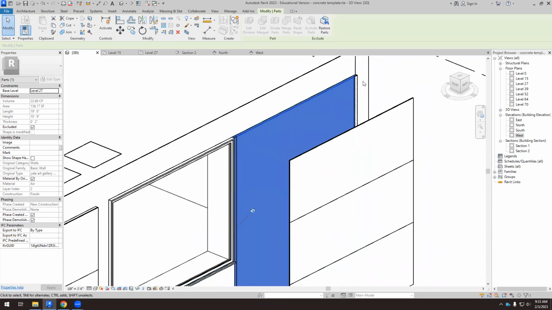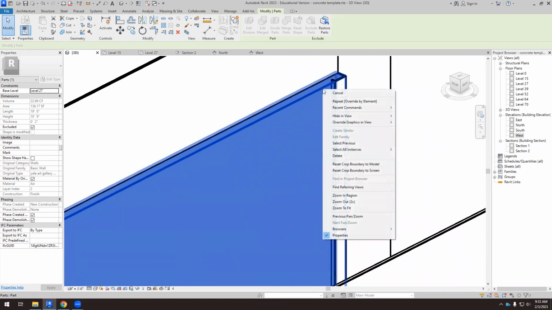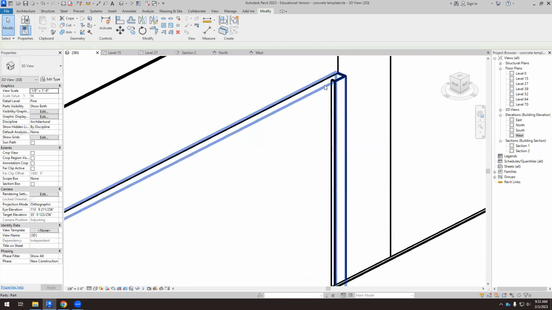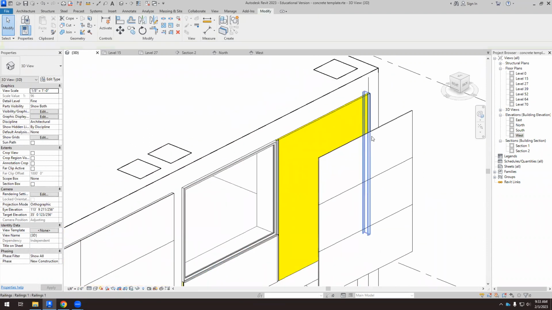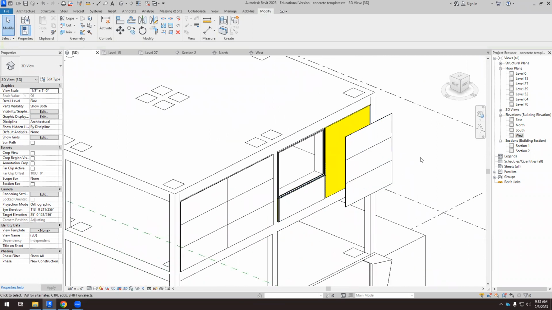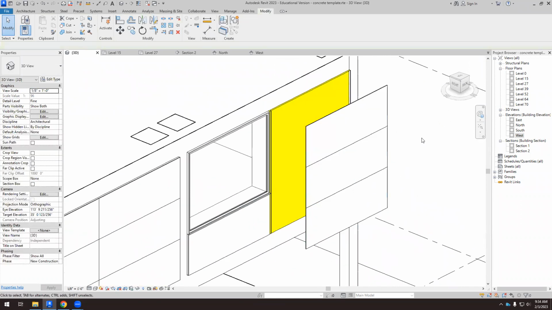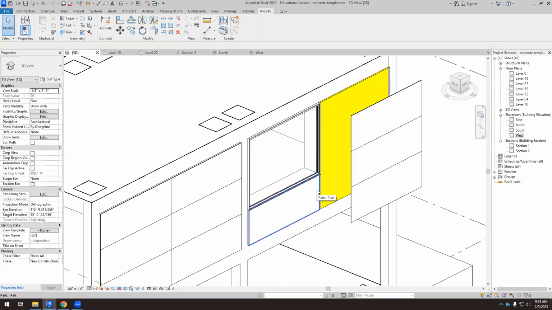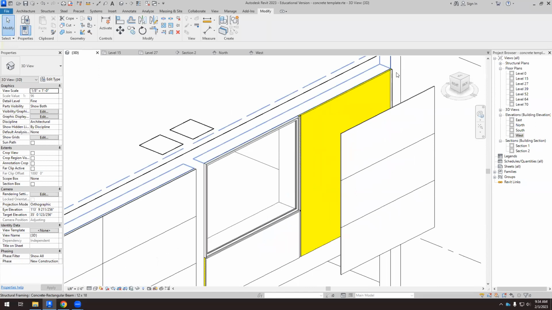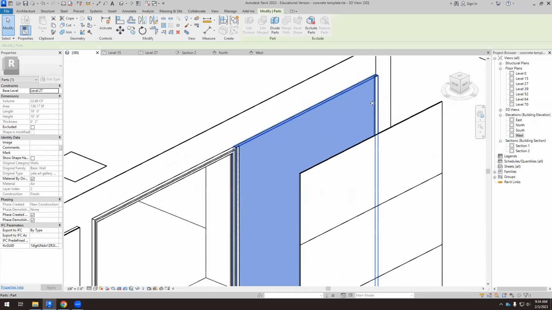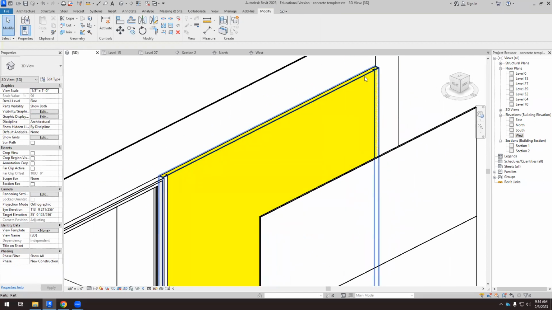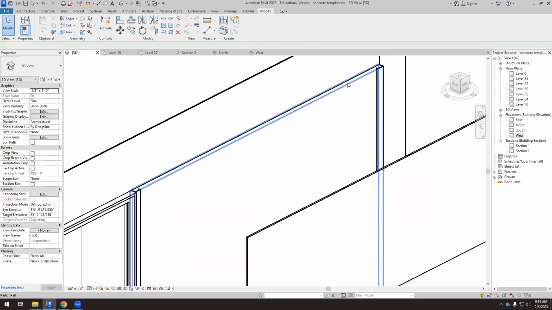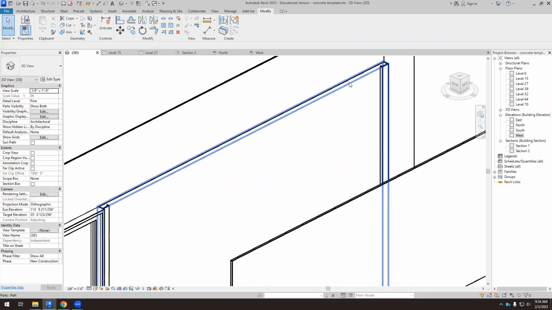And so now I have this, which is the steel, and here I can see that element. I'm going to exclude and probably